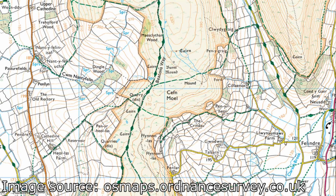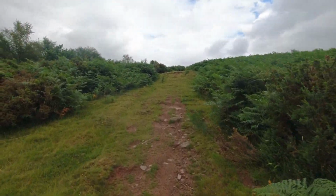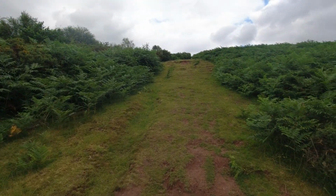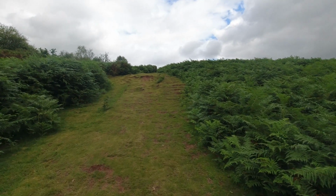I've now joined the Beacons Way, following that uphill towards Kevin Moyle. It's about 10 past 12. Navigation here is straightforward. I'm following the boundary to my left as we steadily gain height, following this very clear